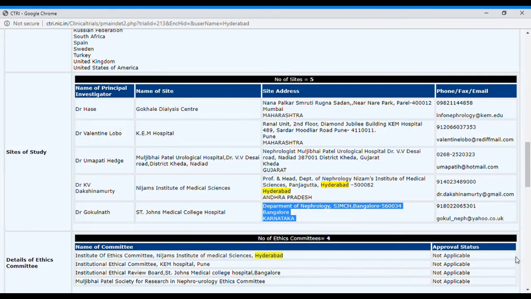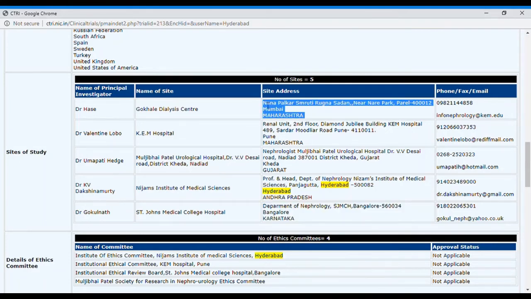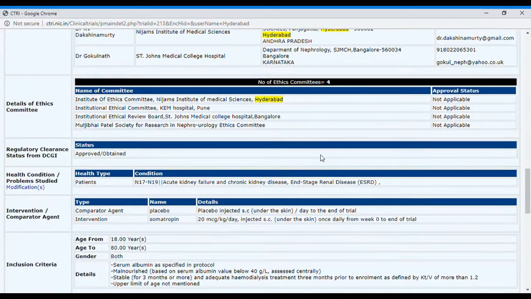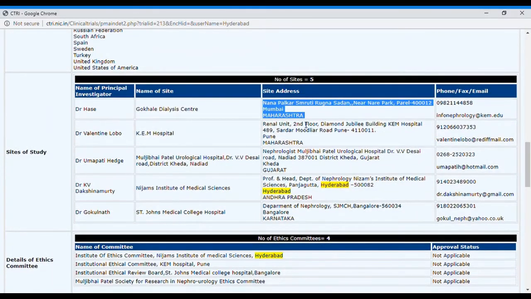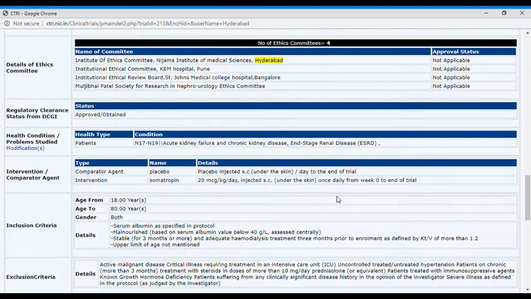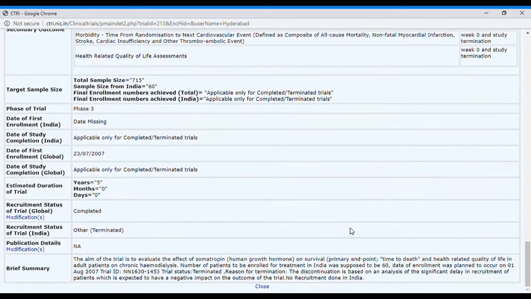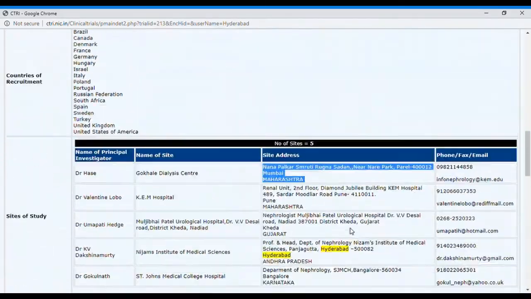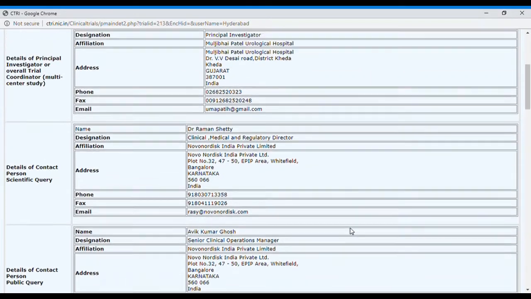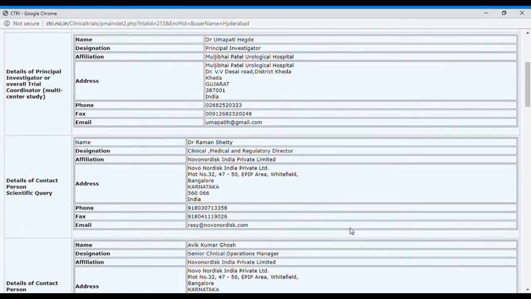So what you have to do is pick the address of the particular hospital, copy this address into LinkedIn, and find out the related CRC or related site manager of that particular hospital. That will be very easy to narrow your searching window.